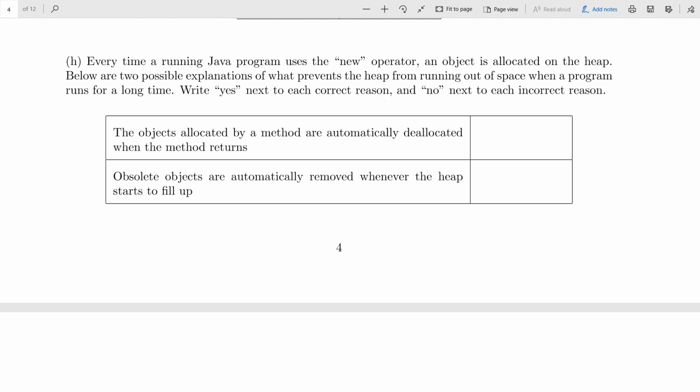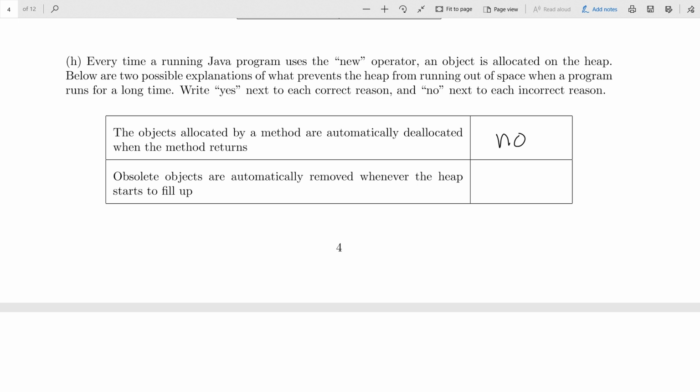One way is that the objects allocated by a method, the objects created by calling new, are automatically removed from the heap when the method returns. Is that what happens? No. Why would that be a phenomenally bad idea? After all, when the method returns, the stack frame for it is thrown away.